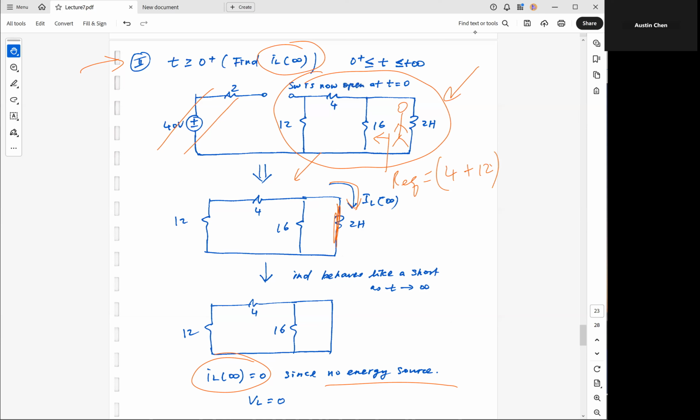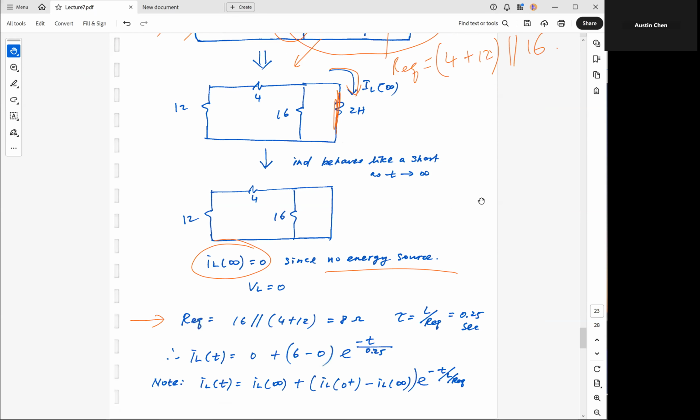right? I need to look at the one that is furthest out from the inductor. So the one furthest out is the 4 and the 12. So I combine these two first before I make it in parallel with 16. So 16 in parallel with 16 is 8. So I have 8 ohm, it's this one over here. So my Req is 8,